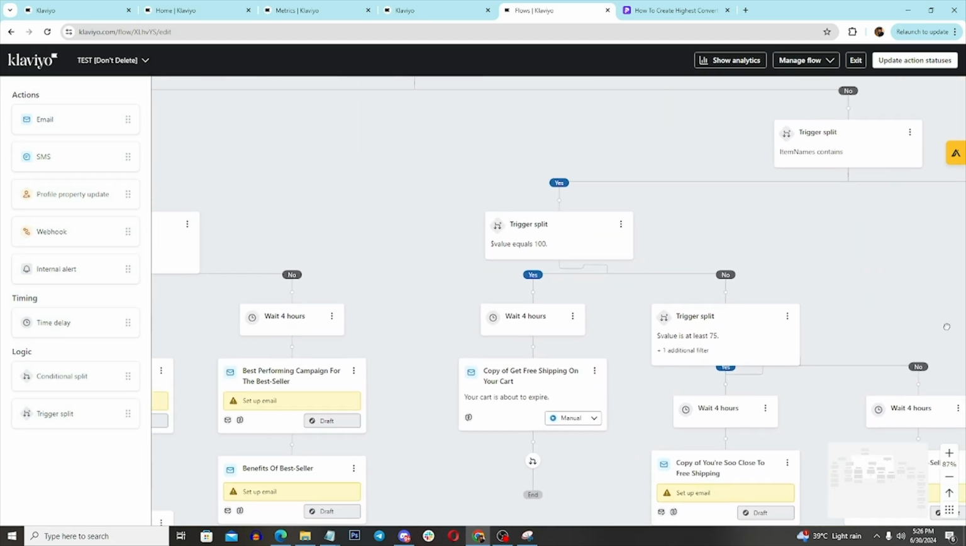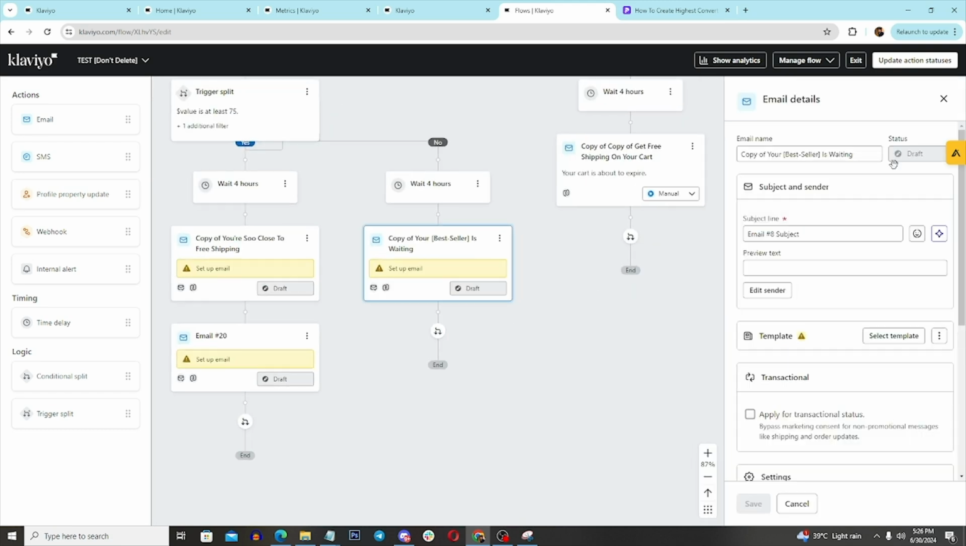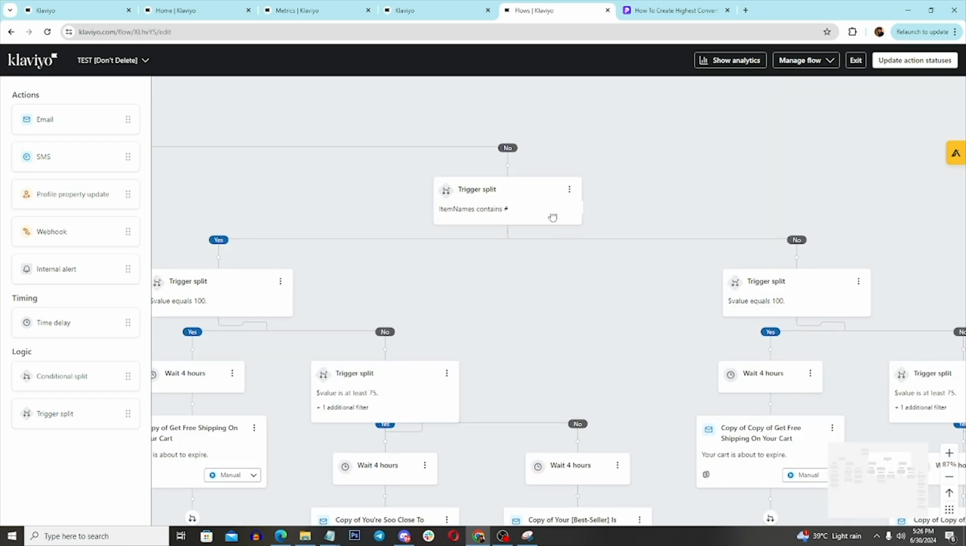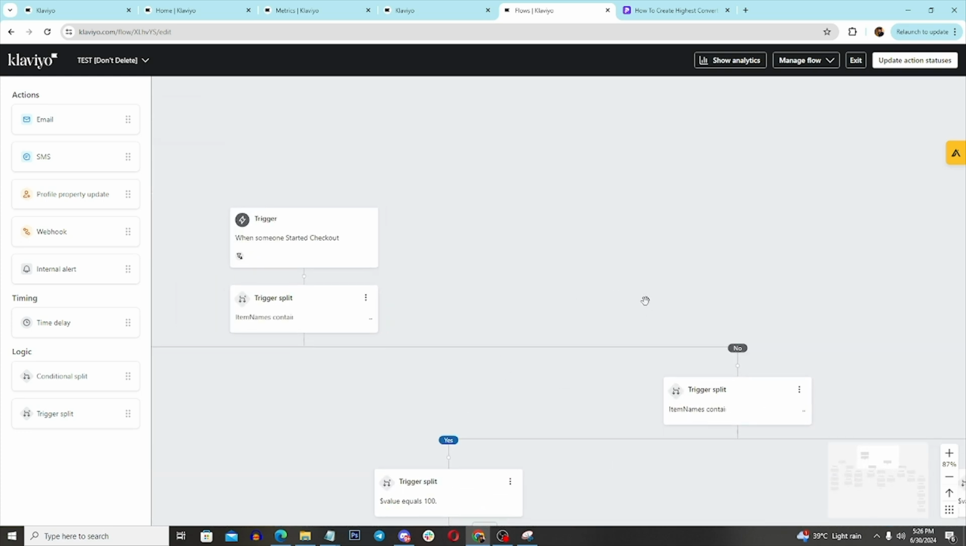But yeah, all of this is the same, other than this copy of your bestseller one, because of course for this we'll need to change the email, because for this we'll need to add this item right here basically. Now after this, if you want to do it for more bestsellers, all you're going to do is